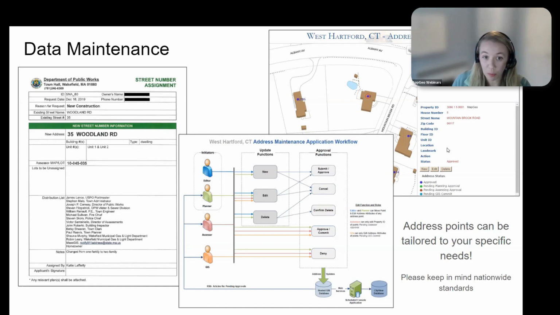Everybody has something different, but as long as you have all of the basics and all of the minimum standards that are in all of the nationwide standards for either NENA, NextGen, whatever the case may be, you can customize the rest to fit your use cases. You can include those utilities. You can include any other information that could be on the property if you want to link something else to it. Say you want to link a water card to it, similar to the sewer. You can do all of that in the address points and make it fit your needs and your use cases